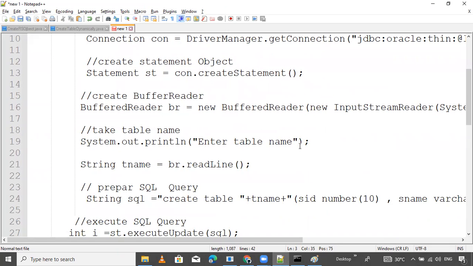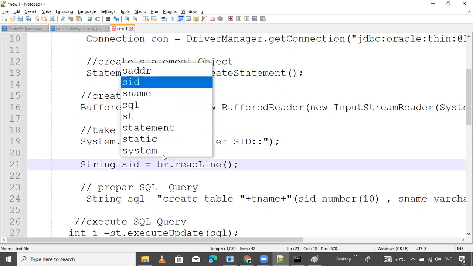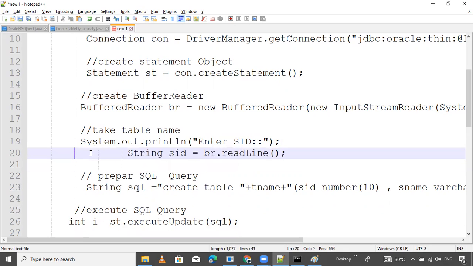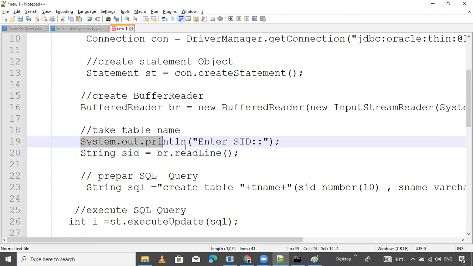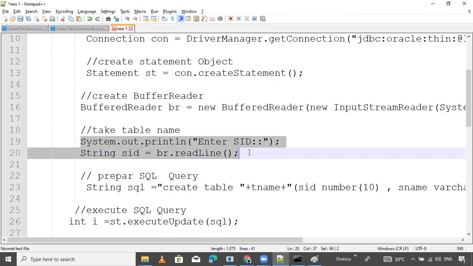So now this BufferedReader is required. Here is the BufferedReader, you can ask for the data. I want to enter SID, so println: enter SID. Read the data into the SID, simple. In the next session, I will tell a very good example using value.